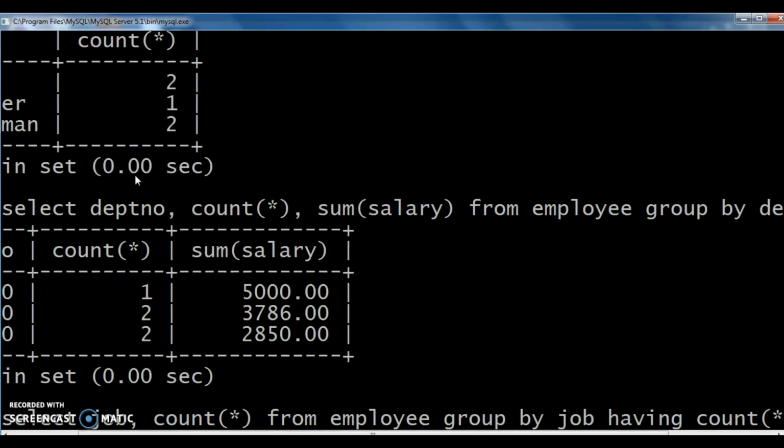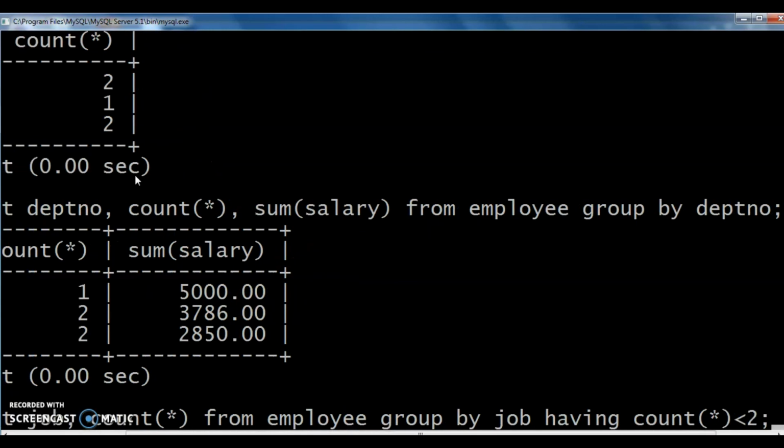Okay. Then next one. SELECT job, COUNT(*) FROM employee GROUP BY job HAVING COUNT(*) < 2. Here I applied the HAVING clause. The HAVING clause places conditions on groups, in contrast to the WHERE clause that places conditions on individual rows.